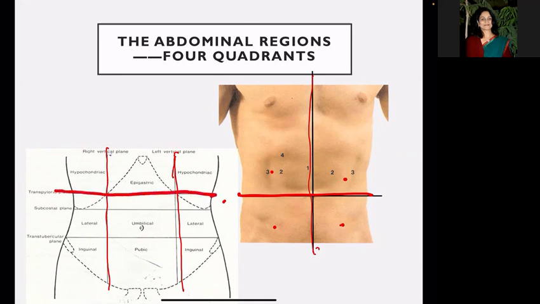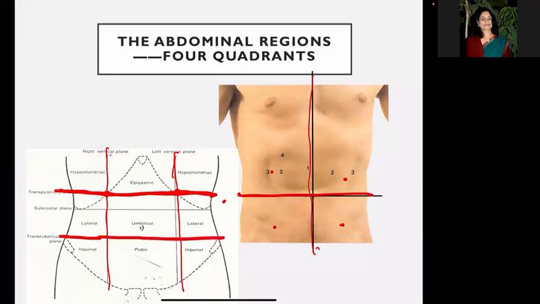One is called the transpyloric plane, which is drawn from the tip of the 9th costal cartilage of one side to the other side, and the line extending from one end to another thus forms the transpyloric plane. Another plane is called the transtubercular plane, which is the line joining the 2 tubercles of the iliac